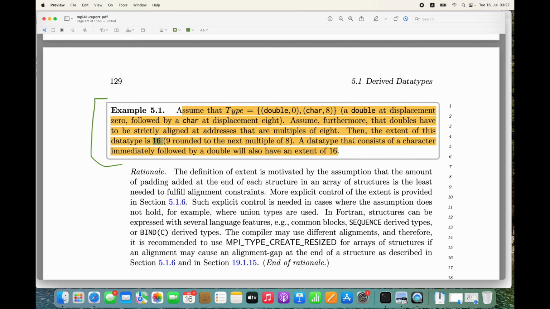So a data type that consists of a character followed by a double, which means if you reverse this from character to a double, this is going to also have the same extent, because this thing always needs to round up to the next multiple of 8. Because in this case, we do need that padding